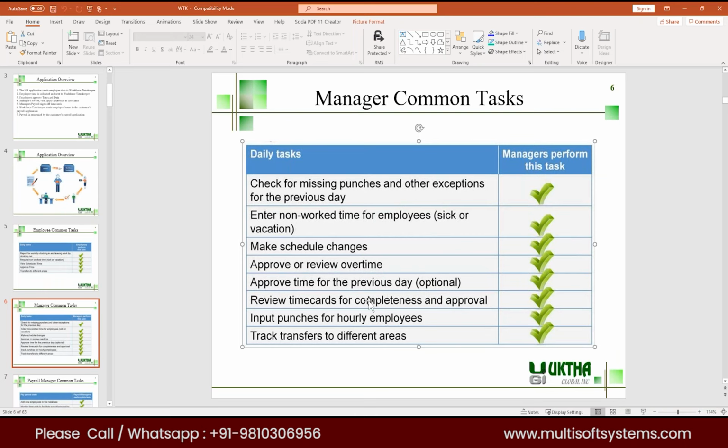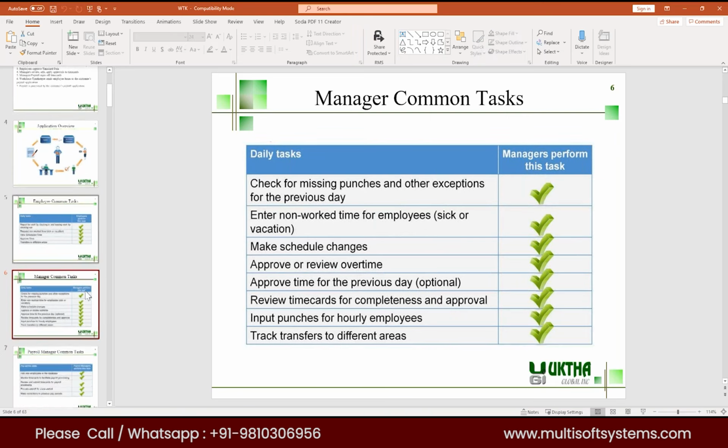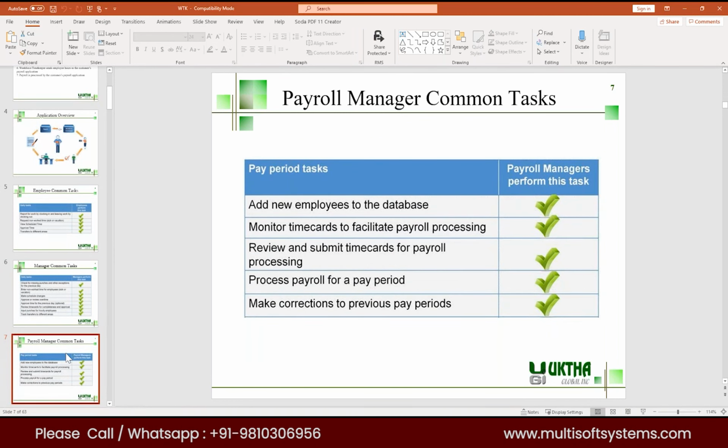Okay, and they can also perform transfers for their reportees. If an employee worked under a different account, as we discussed, in place of the employee, managers can also do those transfers. Basically, managers can edit their reportees' time cards and perform approvals and sign off on their time cards. They have to ensure that employees' time cards are good for payroll processing, so that there won't be any pay issues for employees. The other user is the payroll manager, who will review all the employees' time cards and run